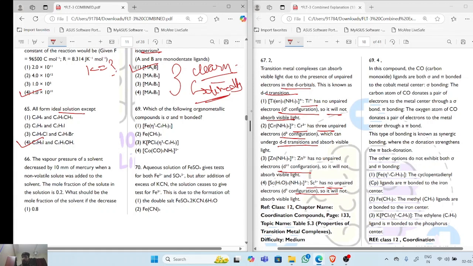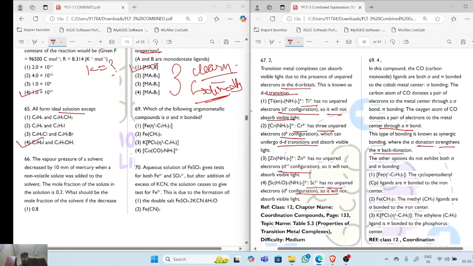In sigma bonding, the carbon atom of CO donates a pair of electrons to the metal center. This type of bonding is known as synergic bonding, where the sigma donation strengthens